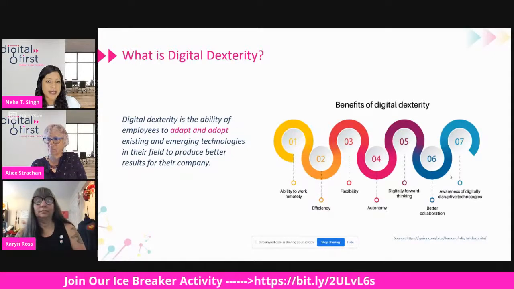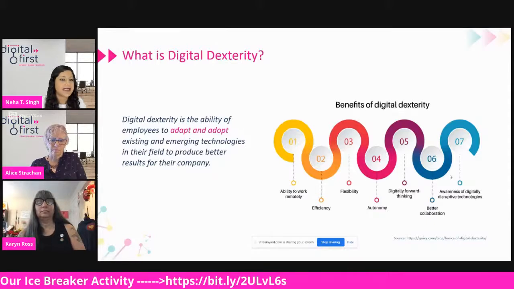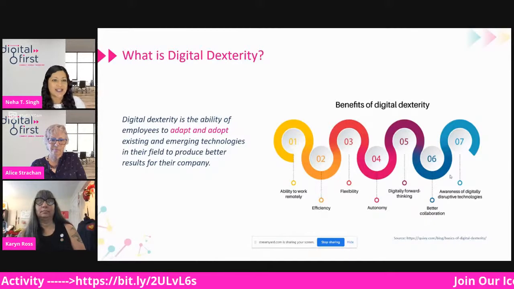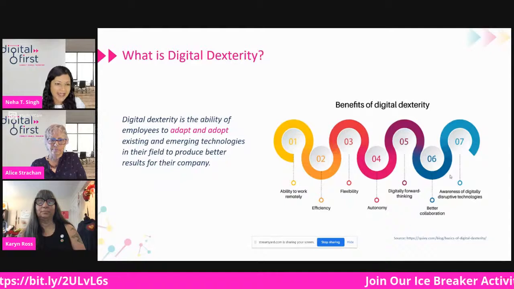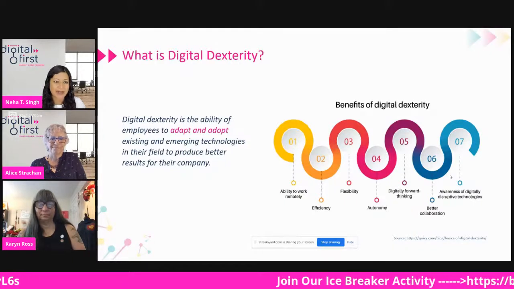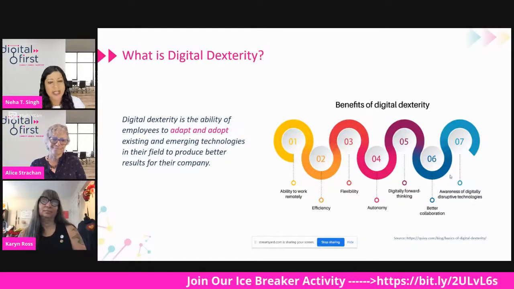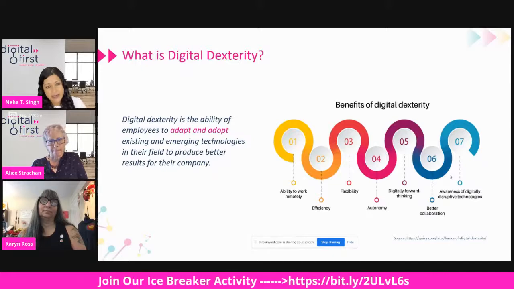And the key here is for the employees to adapt and adopt the technologies. And we know that that's the biggest pain we're all experiencing: how do we get our employees to do the adoption? And if we go to the next slide,